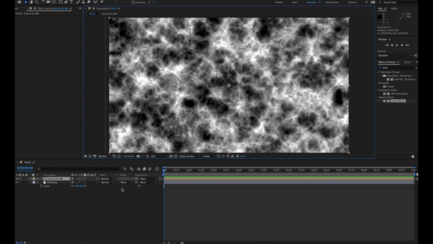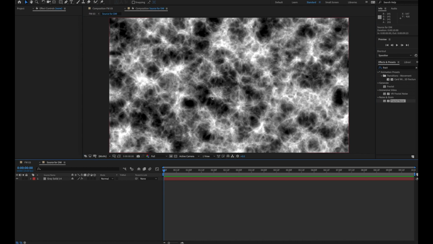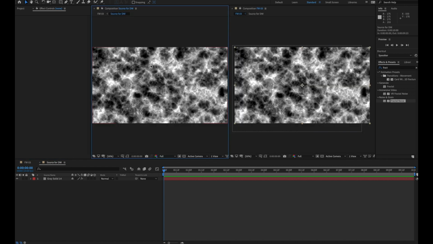I like to work with two views. I like to work with having my main composition here on the right, and then the left side, whatever I'm doing to a pre-comp. So I'll lock down the main composition here and double-click the pre-comp and make two side-by-side comp views here. Okay, so on the left is basically the source for the displacement map, on the right is the face melt